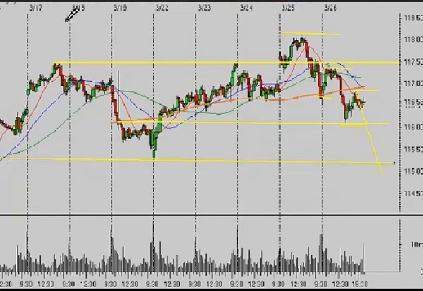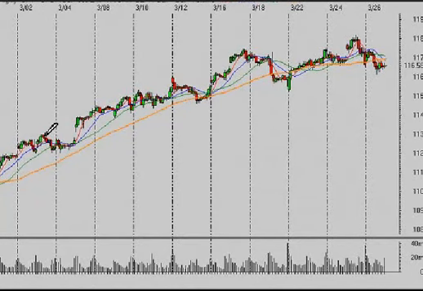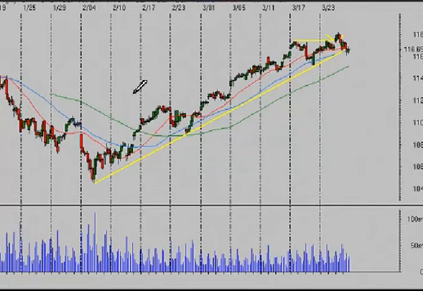So it seems to me as though maybe it's just getting a little bit tired in here, and time to just be aware of where your stops are, what you're looking at, and perhaps taking a little bit of money off the table if you have longer term positions. But really, until we break down below and probably close below that 115 area, you still have to be impressed with the resilience of this market and give the benefit of the doubt to the buyers.